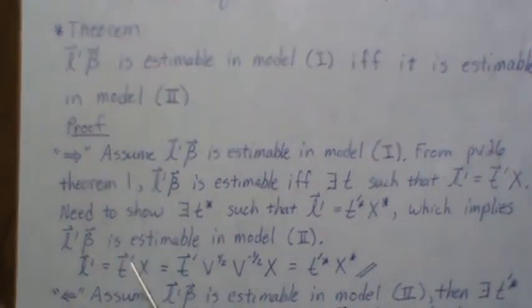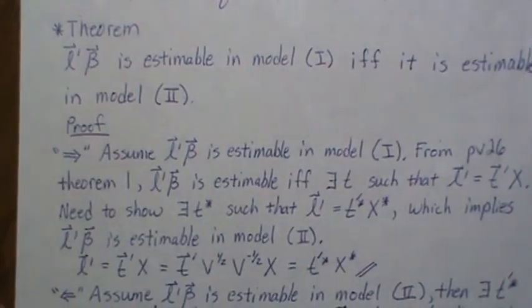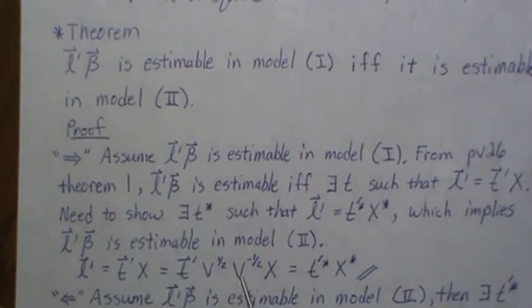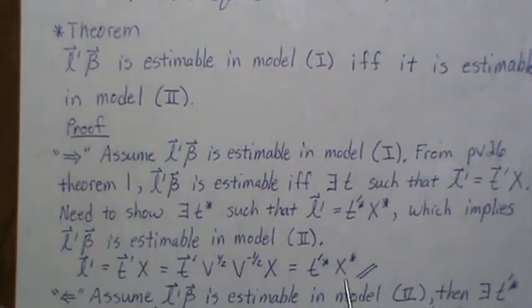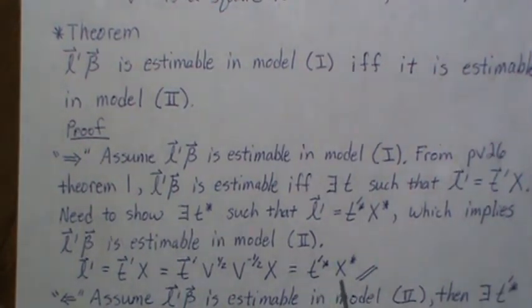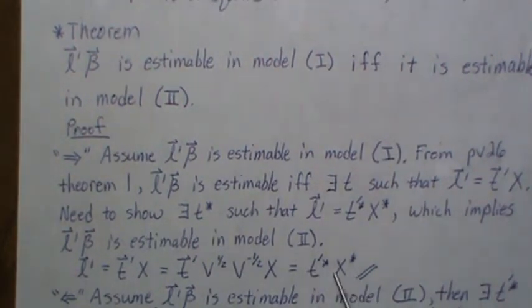Then in the middle, let's put the identity matrix, which is V to the 1/2 times V to the minus 1/2. Let's group this and group that. So this is X star, and this is just another vector. Let's call it t star. Well, then that shows it's a linear combination of the rows of X star,